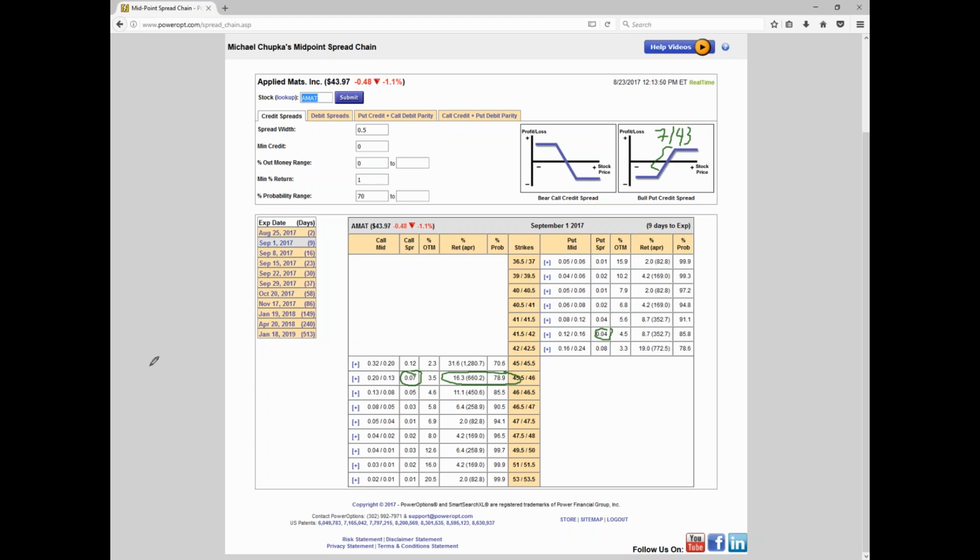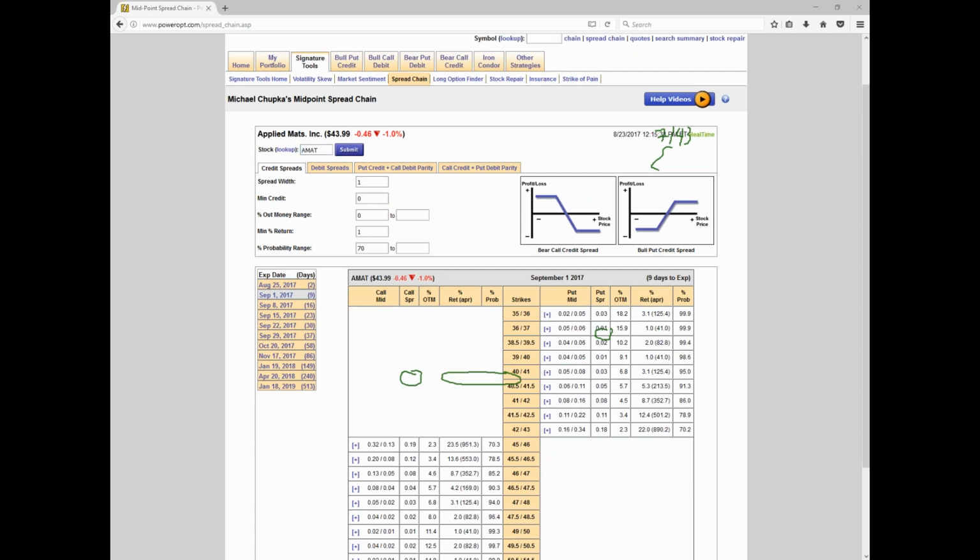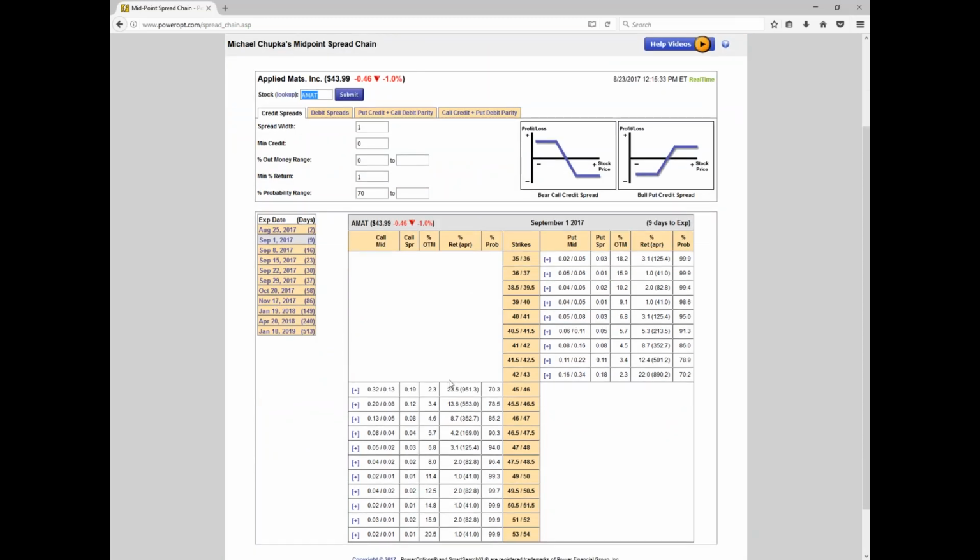Okay, well, let's enhance this. We're looking at the 9th, 1 week out. Let's go to the 1-point spreads, still focusing on a 70% probability or higher. What will we expect to see? Well, I don't know if I'm going to see as high as a percentage return due to the higher margin requirement. But again, here at the 78.9% probability we looked at before in our bull put, we're taking in 11